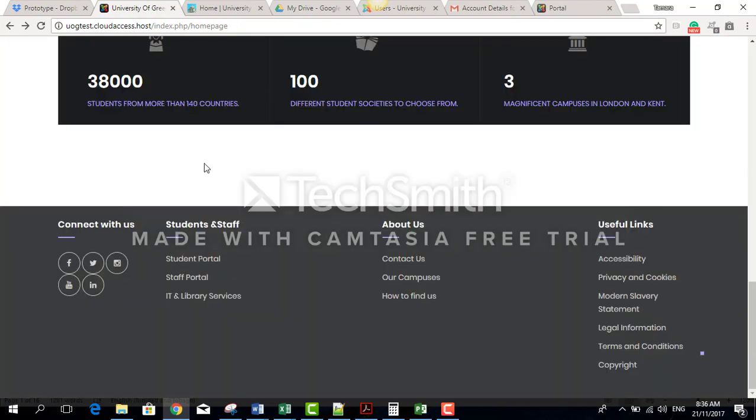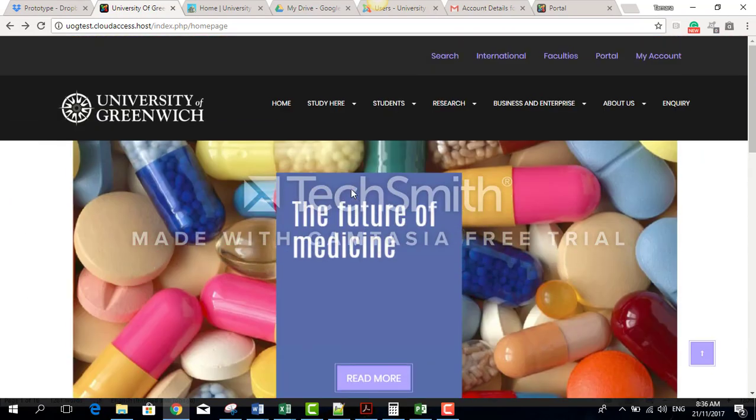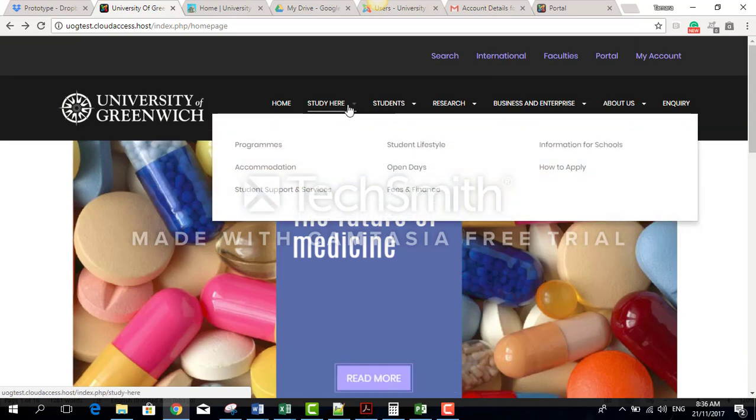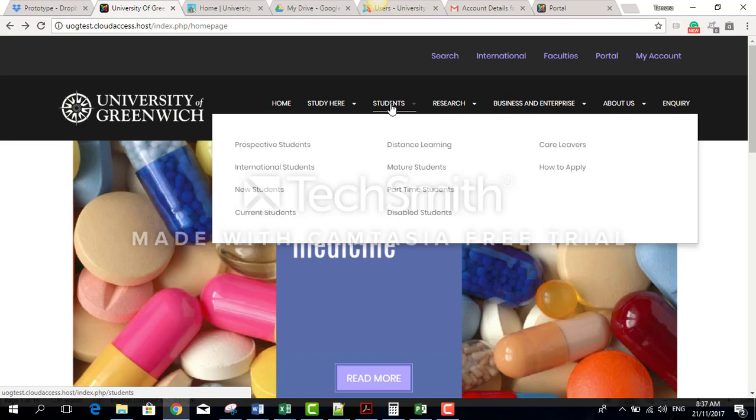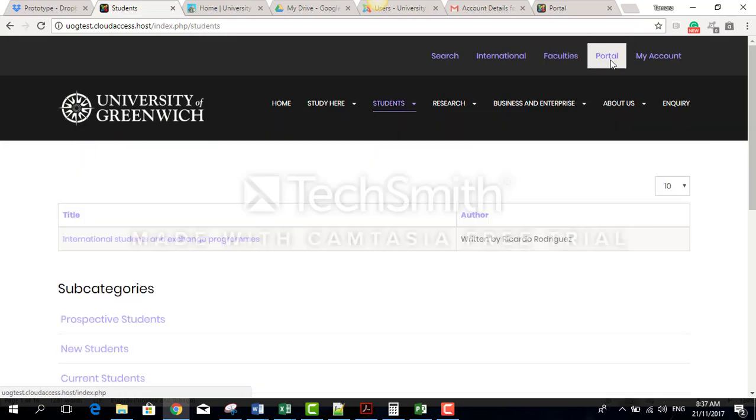Right? So these are the functionalities for the site that we've discussed. Right? There are several articles here, and we can then log out of the portal,